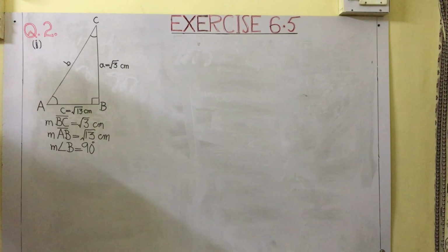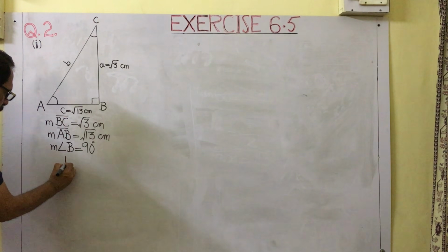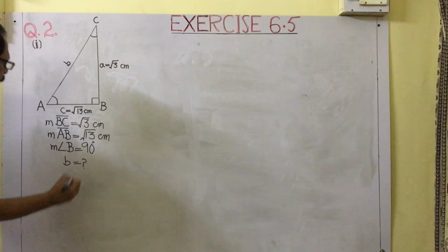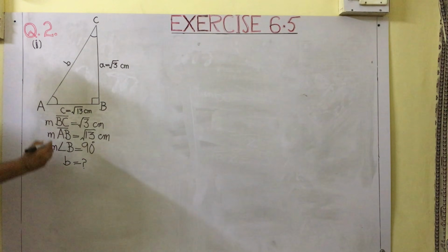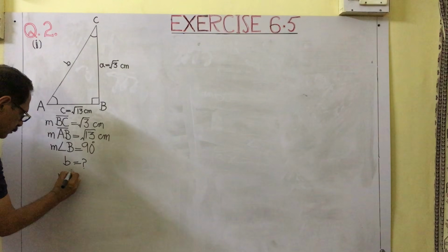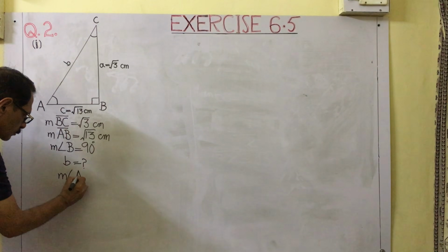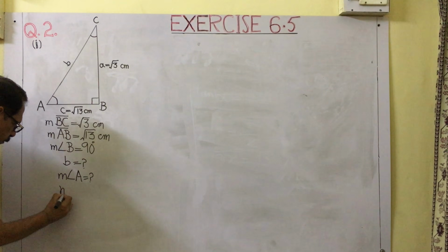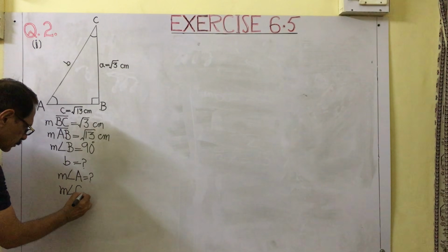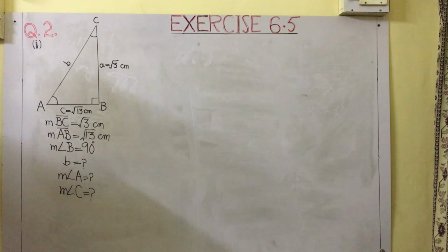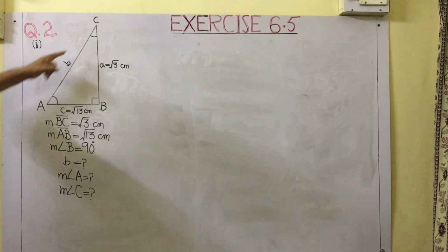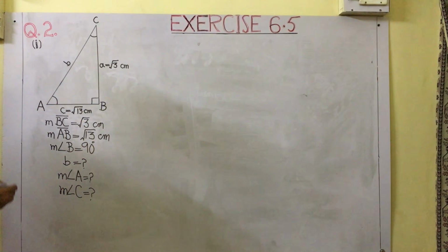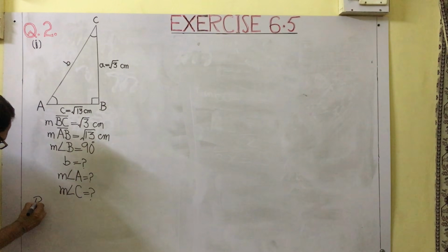To find out is B, that is the measurement of side AC. Find angle A. Also find out angle C. In right angle triangle ABC, by Pythagoras theorem,